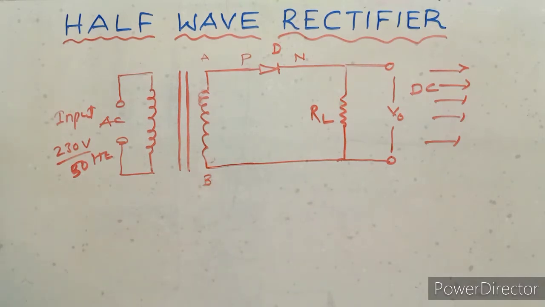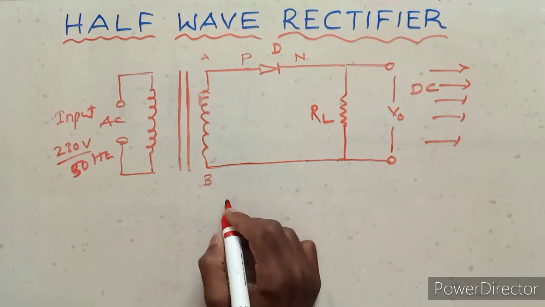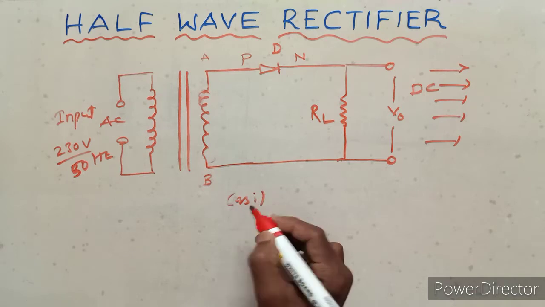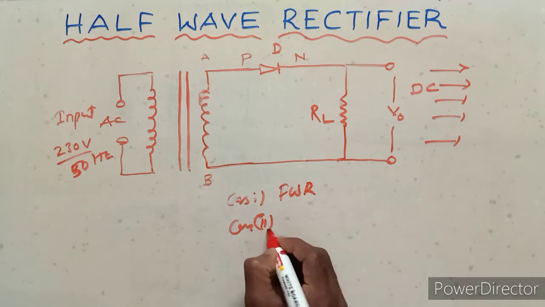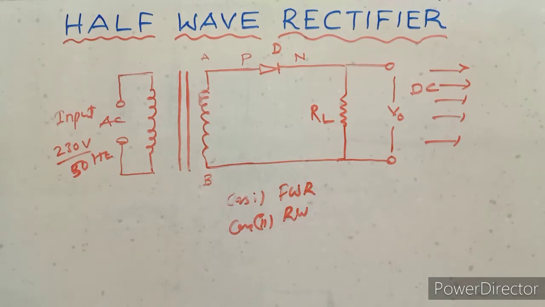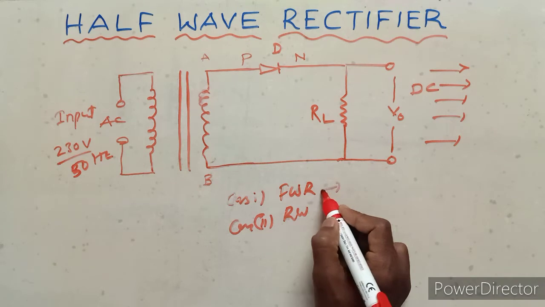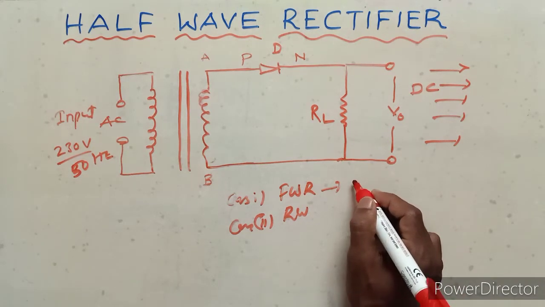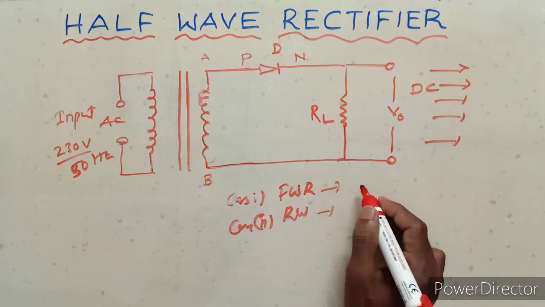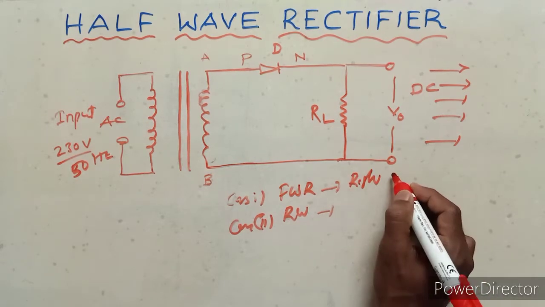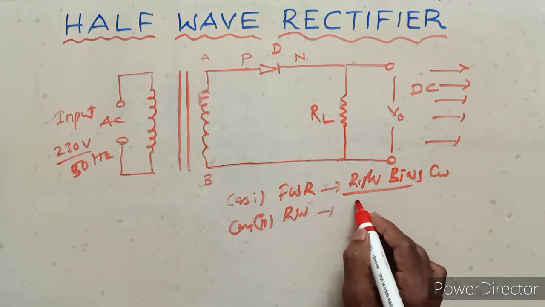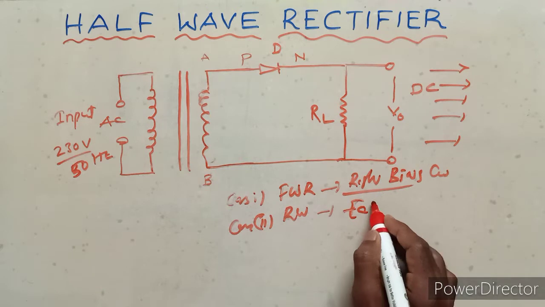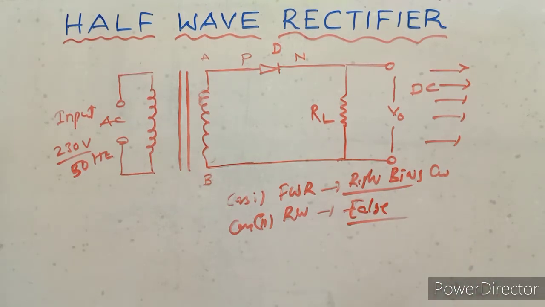So in the circuit of the half-wave rectifier, there are two cases. Case one is forward bias, case 2 is reverse bias. Forward bias is the right bias, correct bias. This is the false bias, wrong bias. Okay,